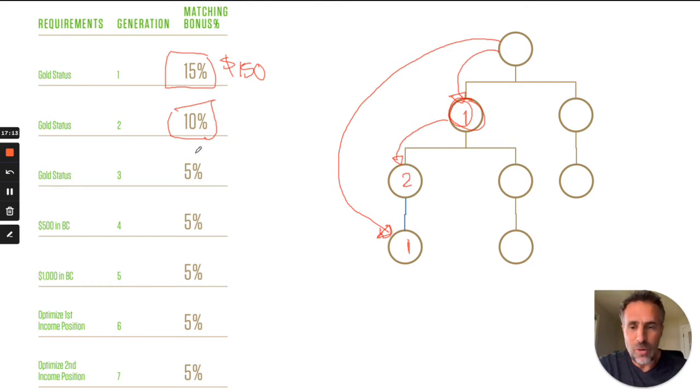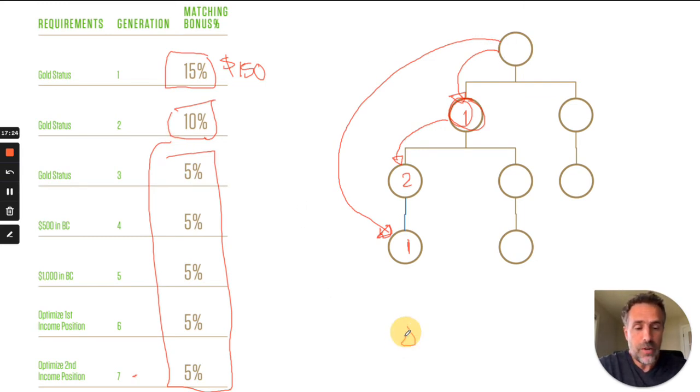All right, so from generation 3 down to 7, you earn 5% on those generations. So even if you were to place someone very deep in the organization, it doesn't matter. It starts a brand new 7-generation matching bonus with that person because she is generation 1. And that person enrolls people, that's your generation 2. Okay? And it just keeps on growing like that. So that is the power of the matching bonuses. Very, very powerful as your team starts to mature and your people start to become leaders and they make more and more. Your matching bonuses keep on increasing.